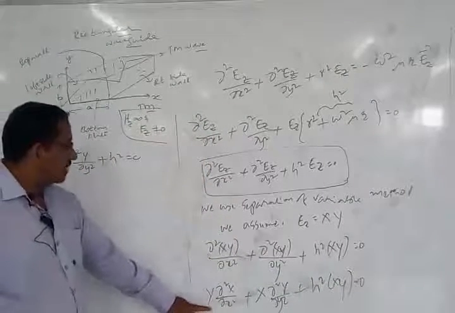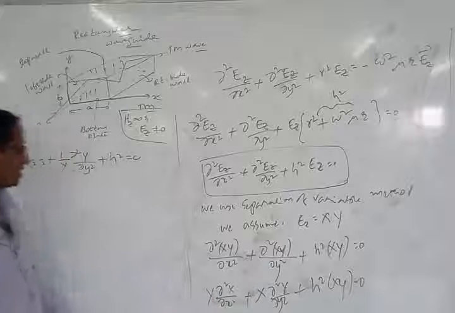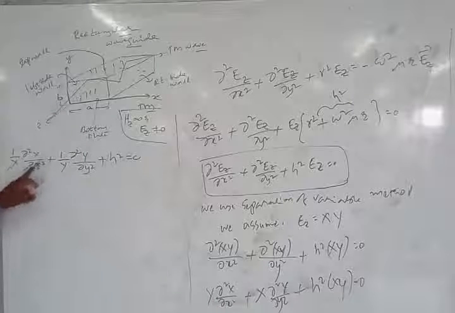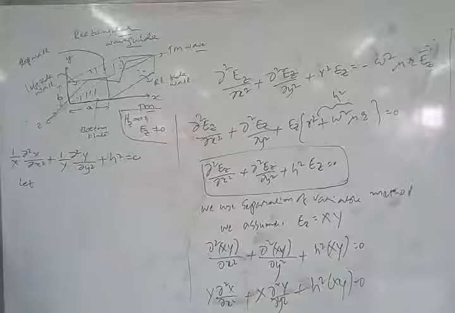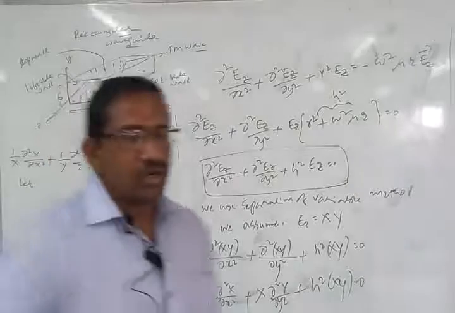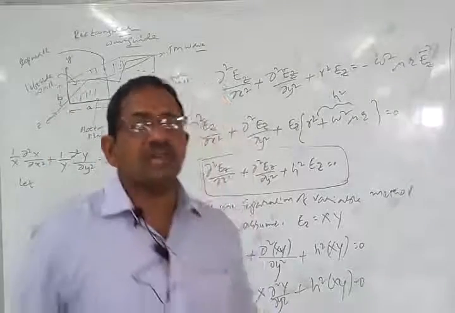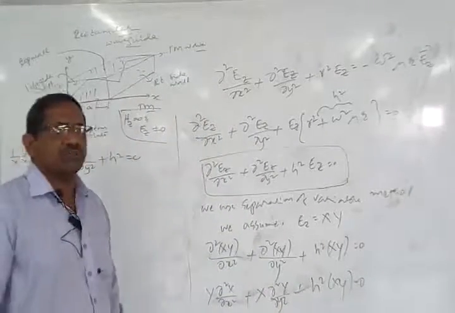This is divided by XY, which means Y will get cancelled and we are left with 1 by X, ∂²X by ∂X². Similarly 1 by Y, ∂²Y by ∂Y², plus h² is equal to 0. So that is the equation I get. Now, in order to bring this into a second order differential equation,